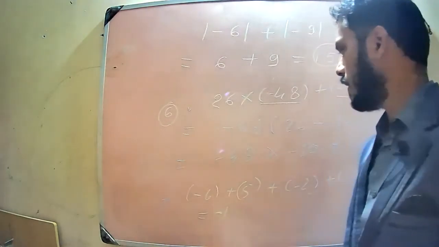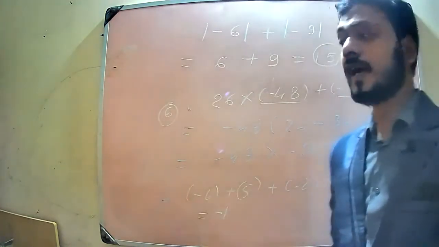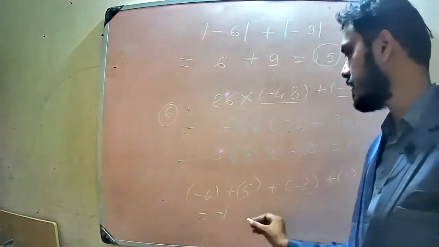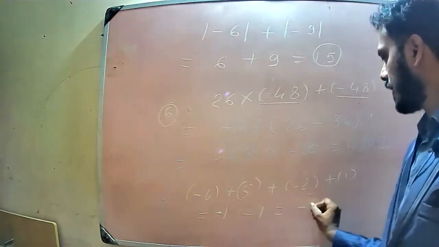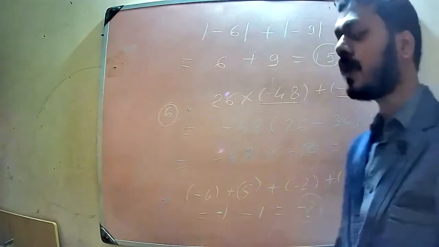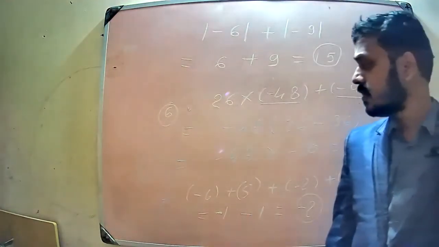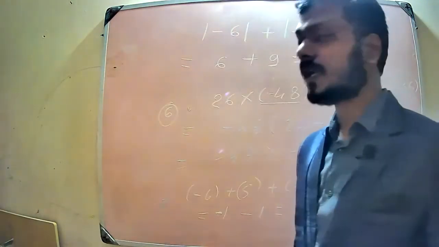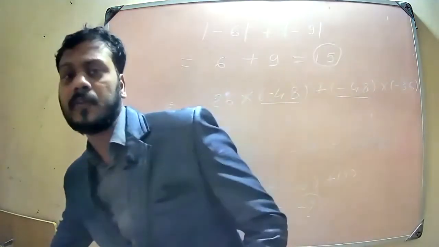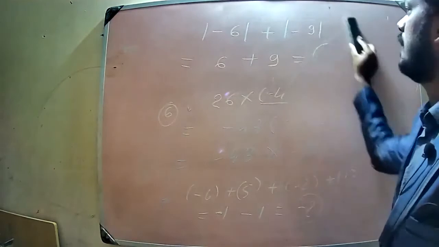But remember, always remember, because 6 is greater compared to 5, you use -1 here. Similarly, you write -1 here. So -1 and -1 becomes -2. What is the purpose of this question in the first test? Remember which is greater, and apply the sign according to the greater value. That is what this question is asking in our first test.